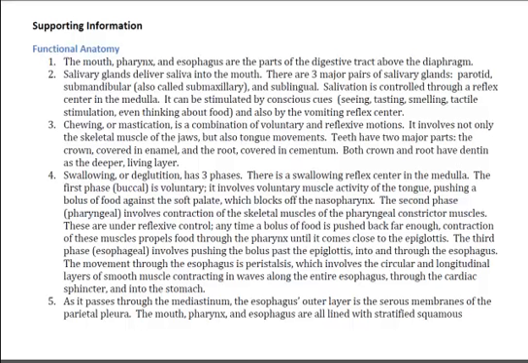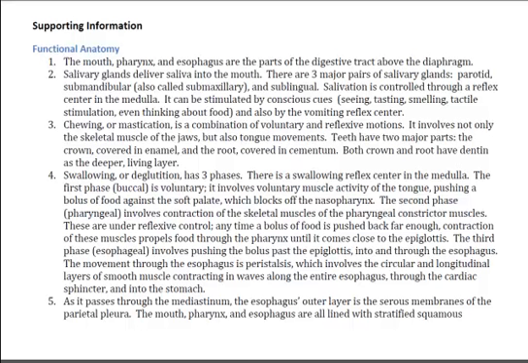Swallowing, or deglutition, occurs in three phases, and these phases are controlled by the swallowing reflex center in the medulla. The first phase, the buccal phase, is voluntary. You compress the food into a bolus and push it against the back of the throat. The soft palate pushes back against the throat to seal the nasopharynx, and that triggers the second phase, the pharyngeal